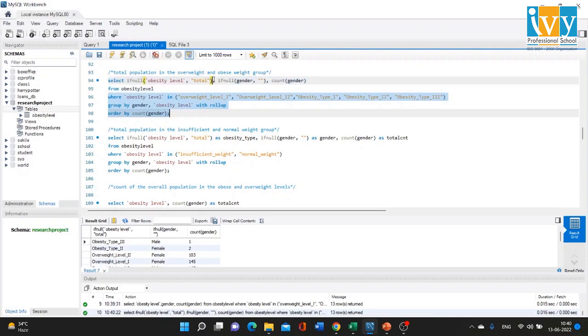To change this, I have temporarily named these column headers as obesity type, and for the gender I have just kept it as gender, and the count of gender as total count. So I have temporarily renamed these column headers, and it would not have any impact on the entire data set. Now if I run it,